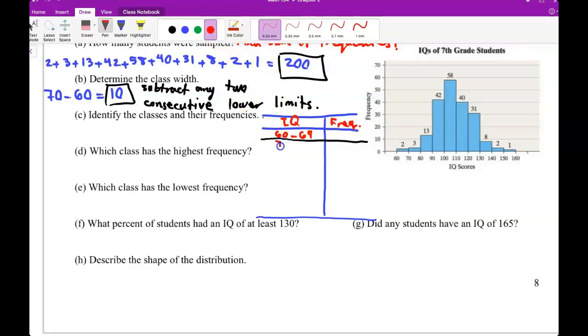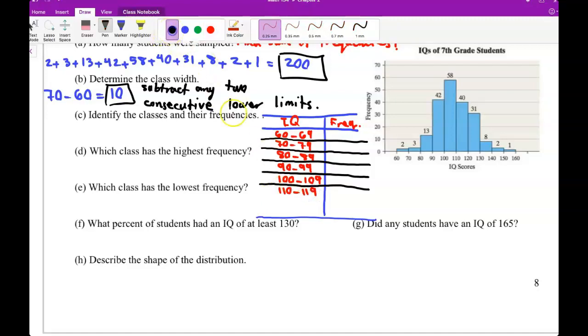So 70, 79. Ninety, 99, 100, 109. 110, 119,